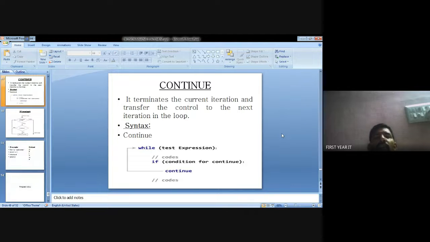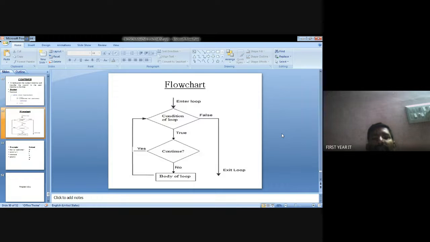Now continue. Continue means once the statement is true and executed, again go back to check the conditions. In this flow chart, first we check the condition. If the condition is true, the body of the statement is executed, and again the condition is checked. This is continue.